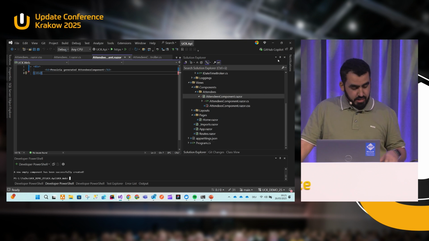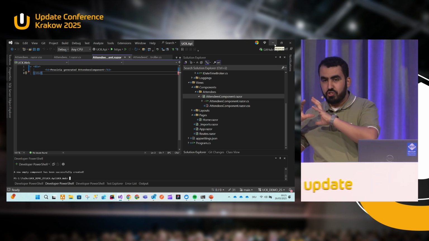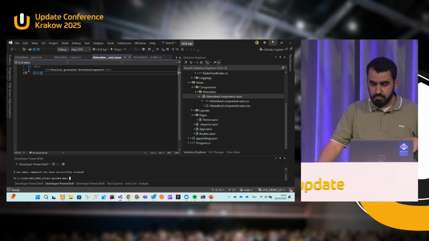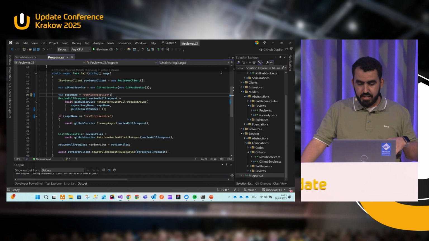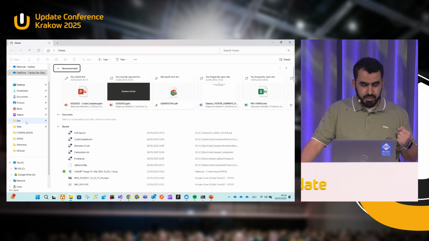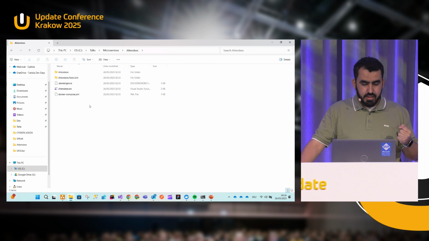I want to go forward with other stuff. So the idea is that we don't generate only backend stuff. We can also do front-end things. Let me close this one and see. Do you want to generate microservices? Let's say,